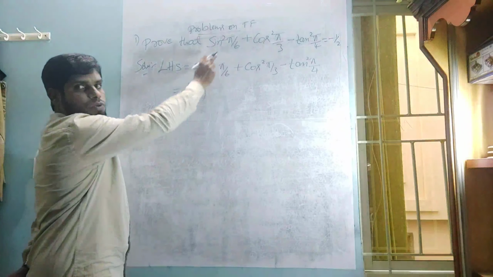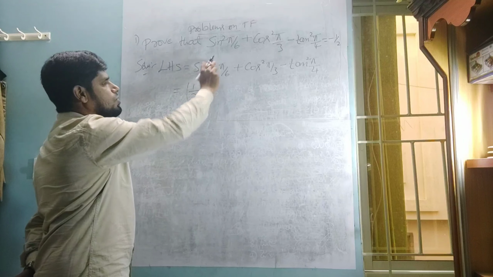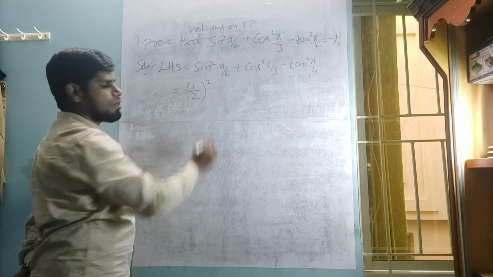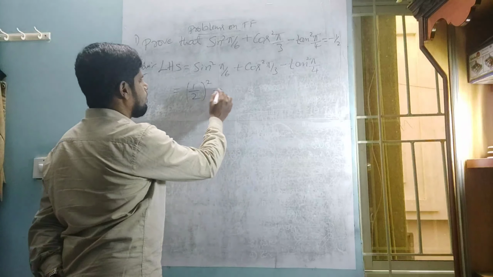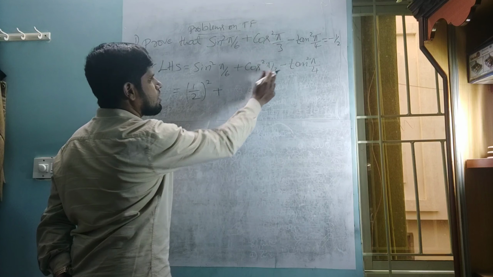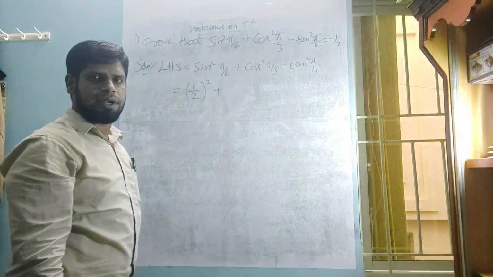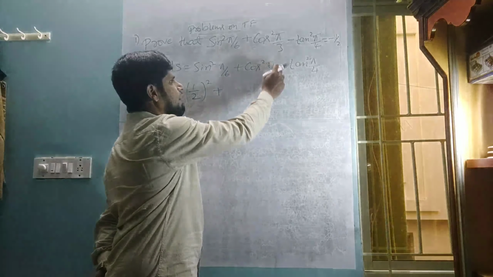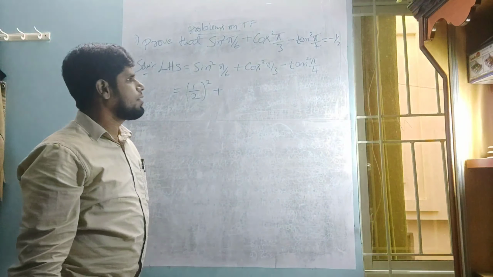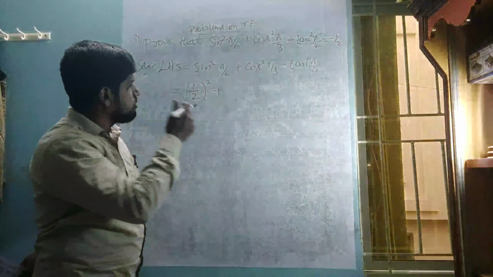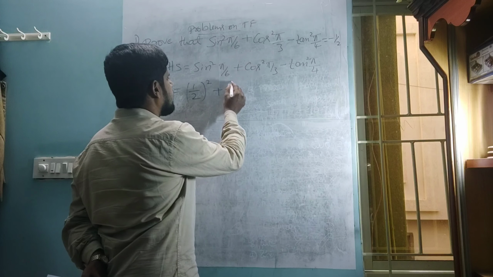And here there is a square on this function, so the value also comes in square, plus cos 60 degrees. Pi is 180, as I said, 180 divided by 3, so it is 60. So cos 60 degrees is